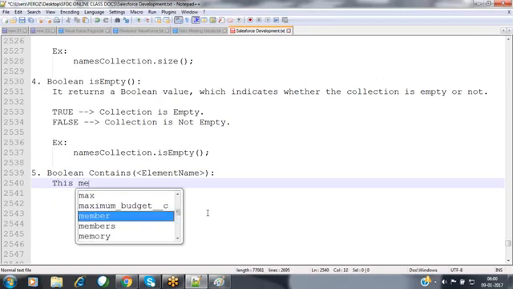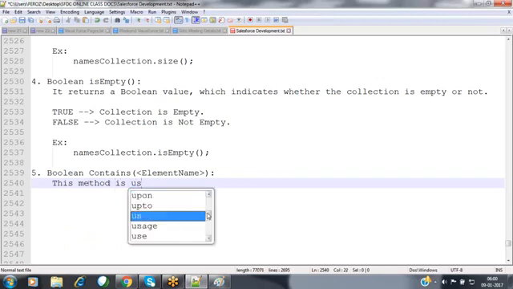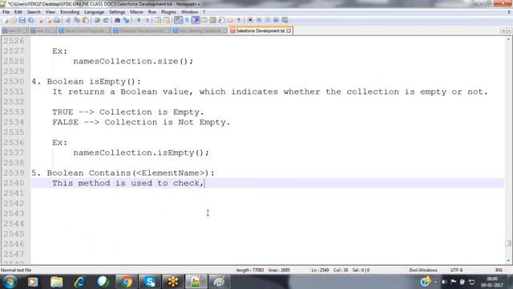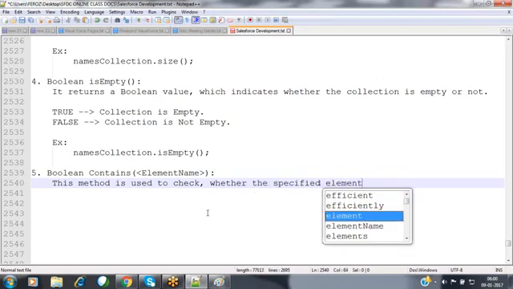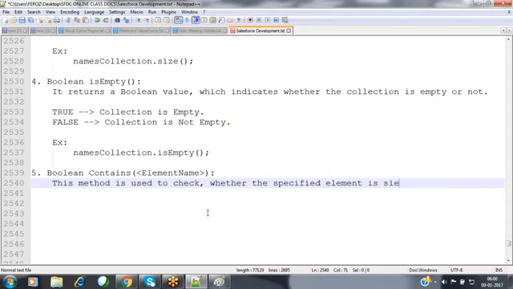Now, this method is used to check whether the specified element exists inside the collection or not.